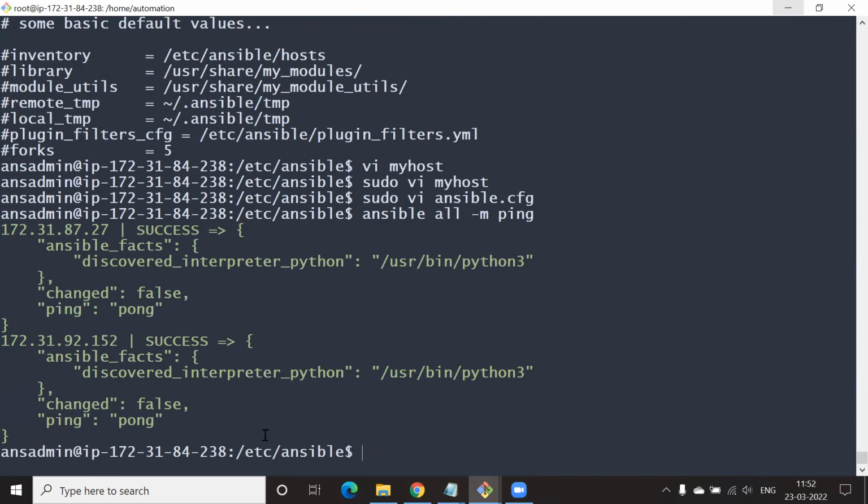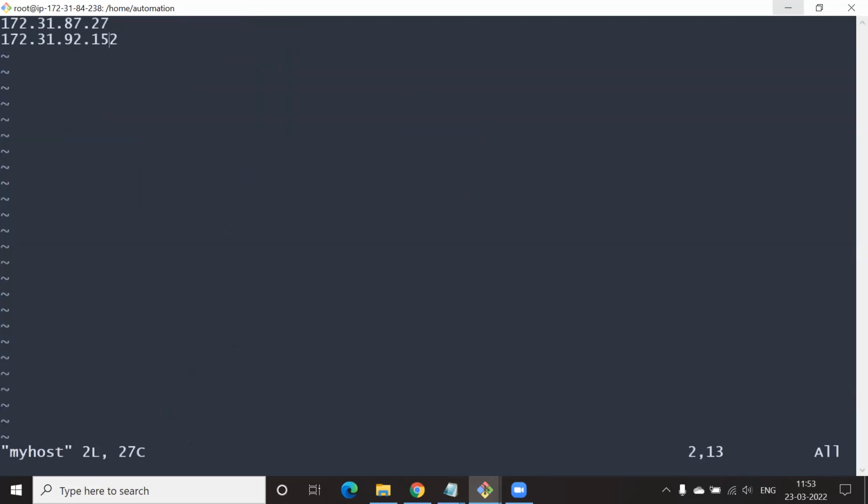Now, what is happening is we are referring to myhost. In other words, just to verify that, go back to myhost, put just one IP, and comment the second IP. Save it.